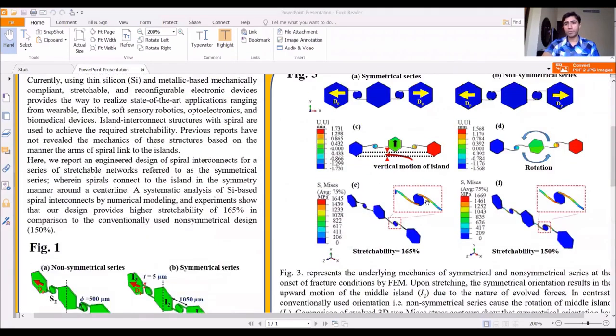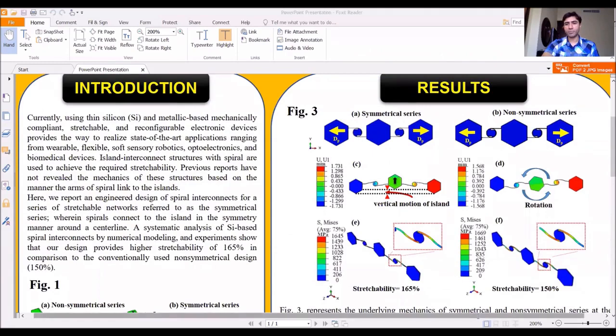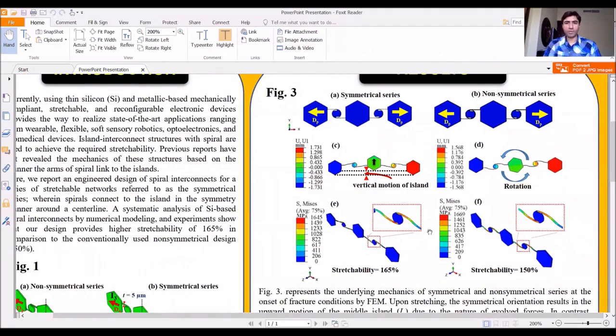Okay, so let's see figure number 3. In figure 3, you can see the comparison of our proposed symmetrical series design to the non-symmetrical, or conventionally used, one. If you look at figures E and F, the stress, if you compare directly, is 1.6 gigapascal for our case, and for the non-symmetrical or conventionally used design, it's about 1.7 gigapascal. One thing I would like to highlight is why this stress is lower, and why the proposed structure is more stable mechanically. It is due to the